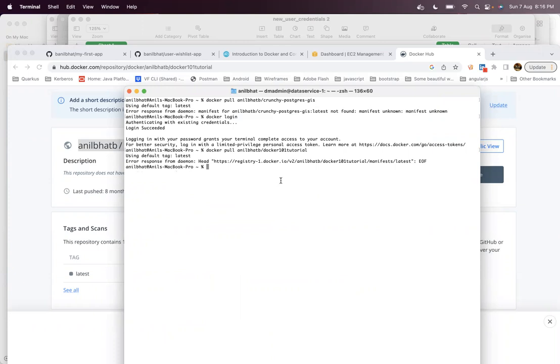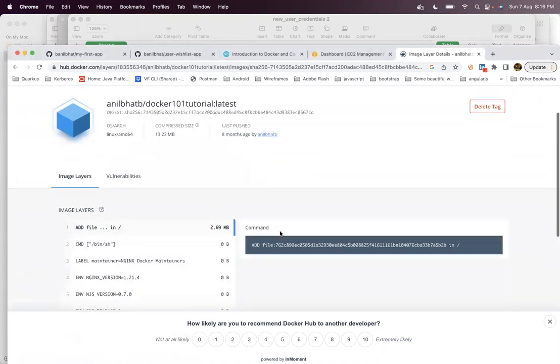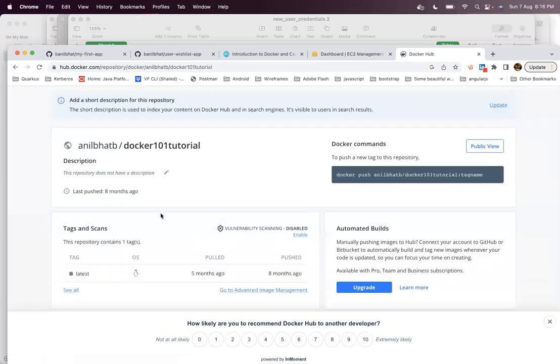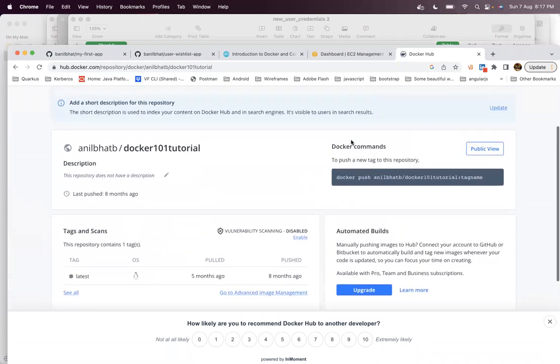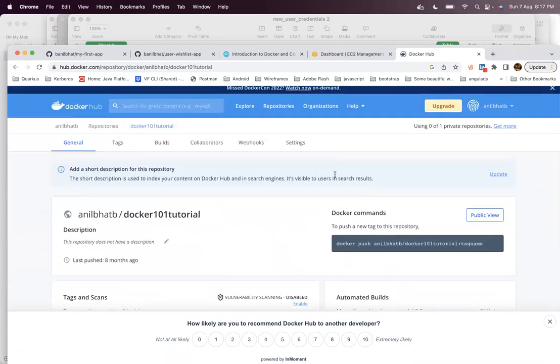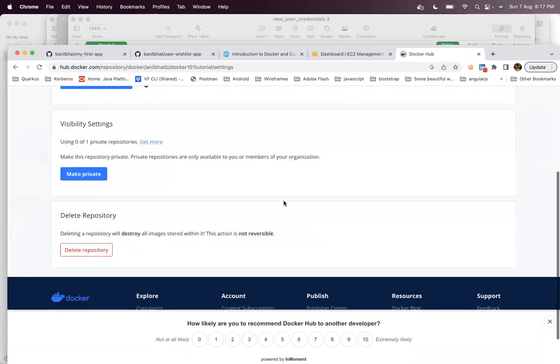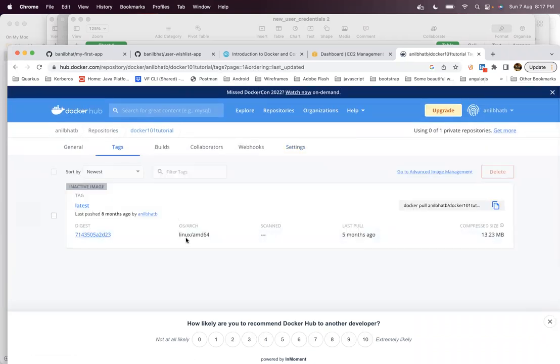Am I connected? Yeah, this repository is there. So I think I have some access rights. Latest docker pull.